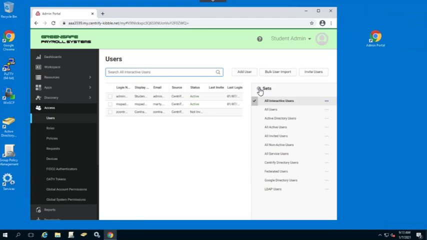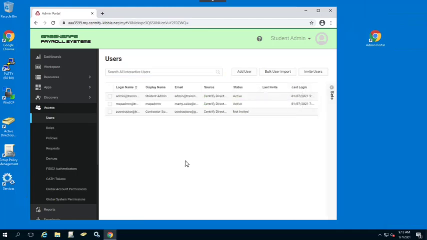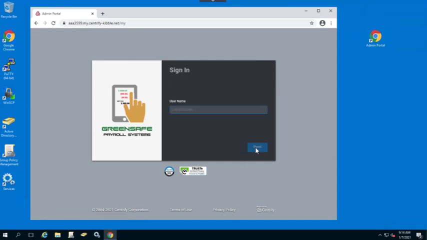Now it's important to remember that even though I've set up accounts within the Centrify Identity platform, they don't have any privilege at this point. Now let's test that theory out. As you can see here, I'm logged in as an administrator, which means I get to see all of the options that are available to me here on the left on the main menu. If I go ahead and log out, and we'll log back in as the new account, Z Contractor,